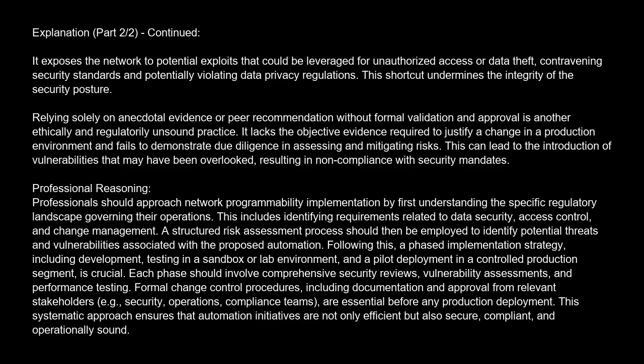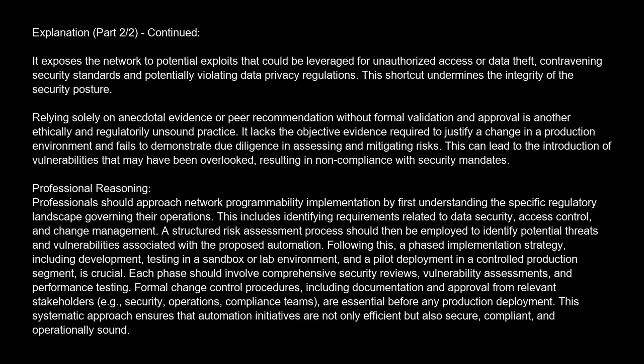Professional reasoning. Professionals should approach network programmability implementation by first understanding the specific regulatory landscape governing their operations. This includes identifying requirements related to data security, access control, and change management. A structured risk assessment process should then be employed to identify potential threats and vulnerabilities associated with the proposed automation. Following this, a phased implementation strategy, including development,